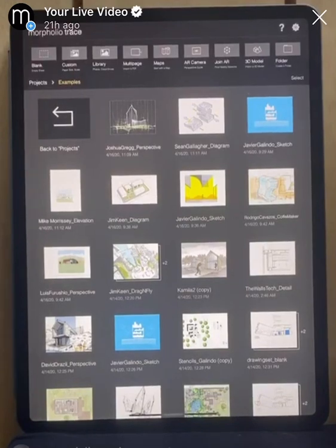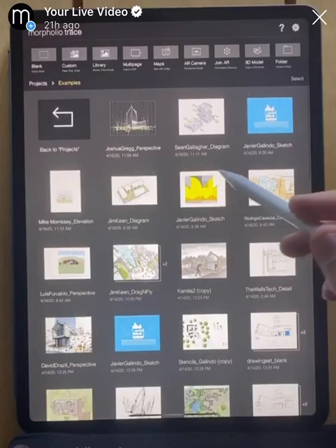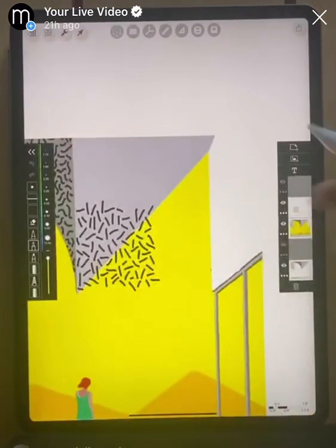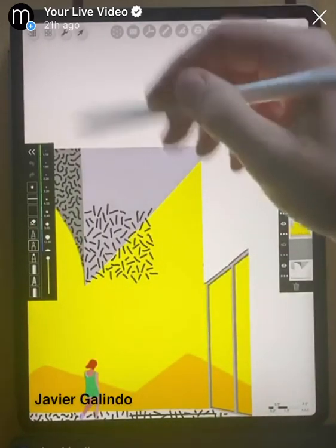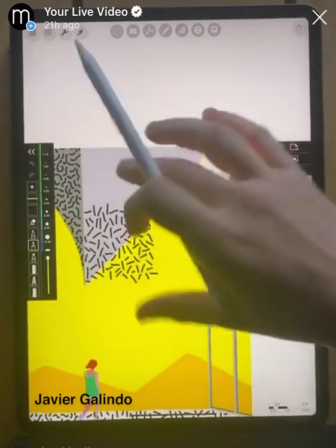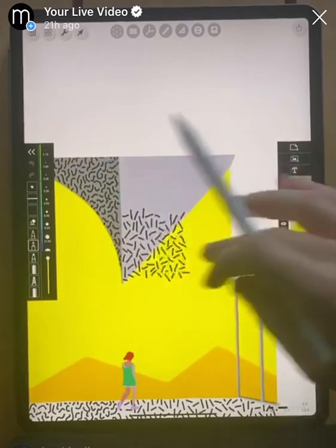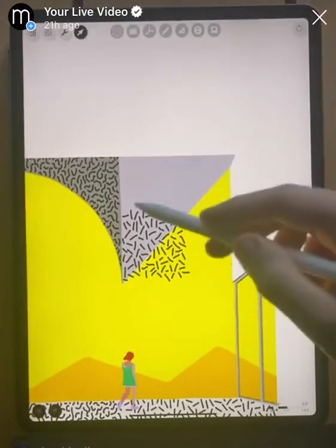So not only is the selection, the lasso tool, really helpful for duplicating parts of the drawing, but it also can be used in making patterns. So here's this sketch by Javier Galindo, and you can see that there's a pattern that he has started here, and there's a bit more of it on this side. Maybe we want to fill this whole gray area with this pattern, and we can do that by starting to